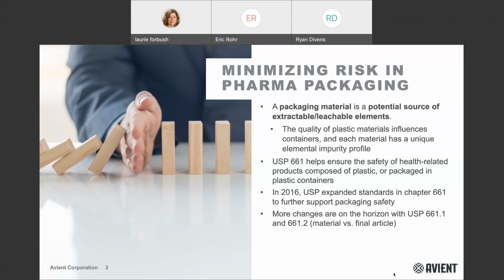As a background, USP 661.1, entitled Plastic Materials of Construction, introduces more rigorous standards and testing to demonstrate that polymer raw materials are well characterized and suitable for intended use. In a similar fashion, USP 661.2, entitled Plastic Packaging Systems for Pharmaceutical Use, focuses on the product's full polymer packaging system. This includes the primary packaging that comes in contact with the active pharmaceutical ingredient, as well as any relevant